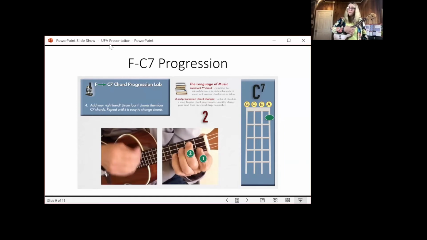So once we've learned the F to C7 chord change, we're going to stay on that chord change for 5 songs for the entire chapter. And one of the songs, you can see the first line of it, that is in this chord is I Have a Little Dreidel. So I'm going to go ahead and do this with the IPS and I will sing it,